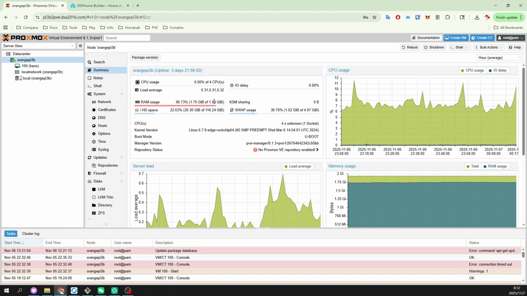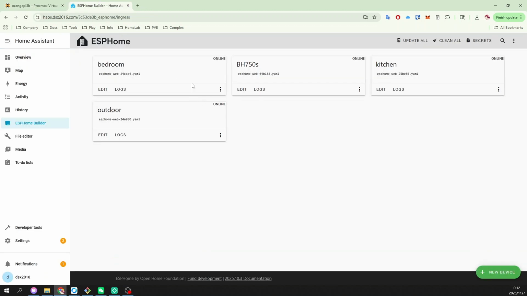You can see it's full, so it will be very slow. Because the system, PVE, accounts for 500 MB, we only have 1 GB left distributed to the Home Assistant system in this PVE. What I'm going to say here is,